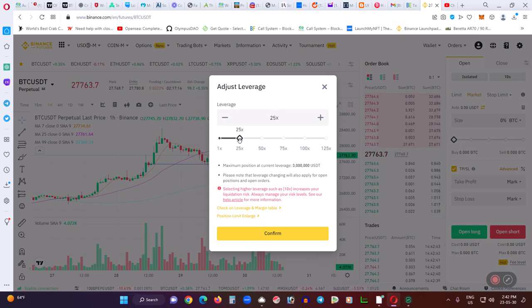100 divided by 25 is 4. So when you increase your leverage, you're borrowing instantly a lot more money, so to speak, from the exchange, but you're greatly increasing your risk. So with that said, many traders, when they are new, they start with 3x,